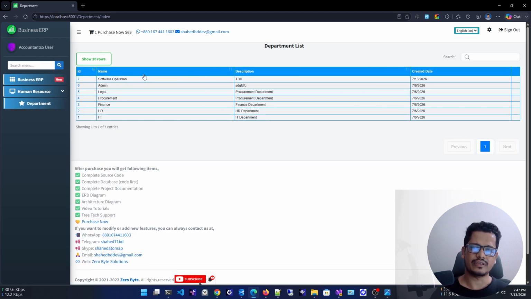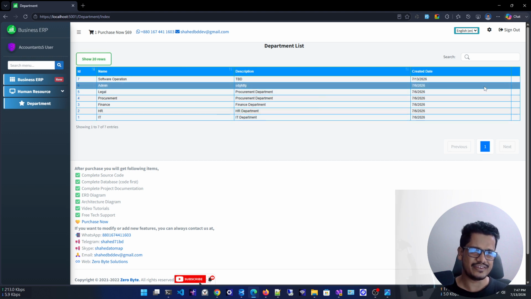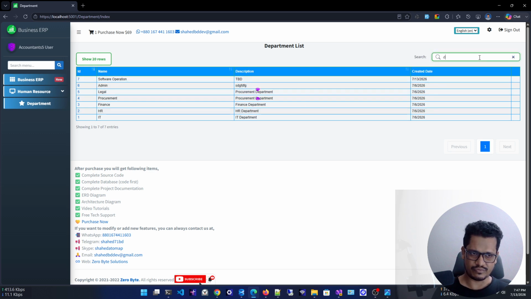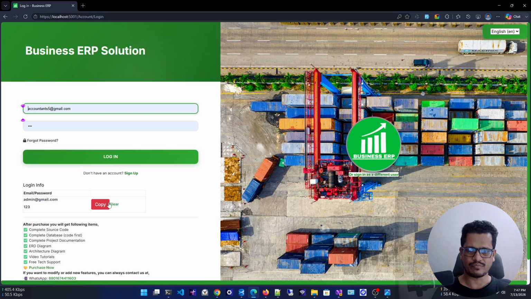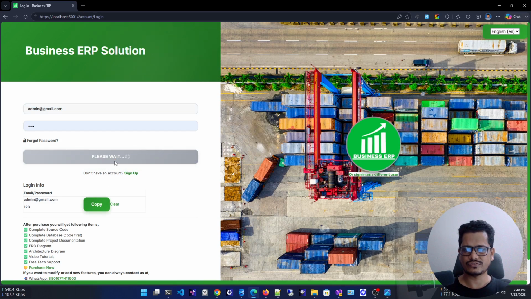In department, we can see this user cannot add, edit, or delete, only view. This user can only view this CRUD operation, one dedicated feature, the department feature. The department item is a limited feature, so it will be used in other UI for dropdowns, like selecting a department. That's the core functionality of the department CRUD operation. Okay, I'm going back to the super admin user so that I can explain how I can manage or design this